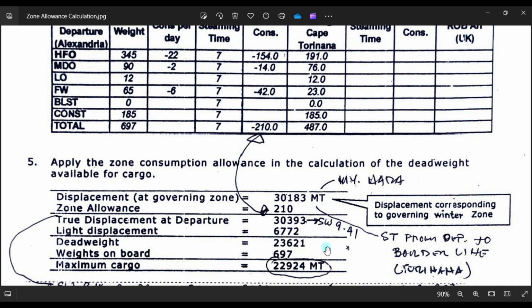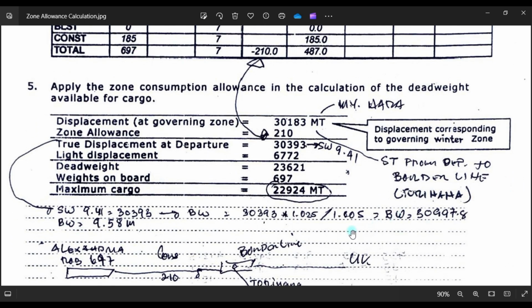Okay, so from here, this is your departure drop will be 9.41 meters in seawater. Okay, so what will be the drop in brackish water if your local density is 1.005? So this is your salt water drop of 9.41.